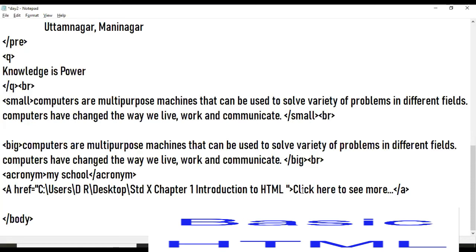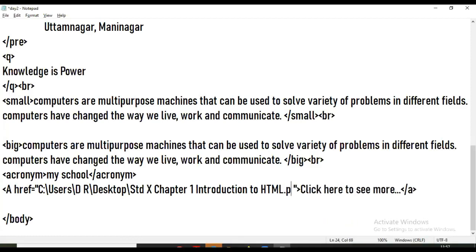Now after pasting this file name, give the extension of that file, that is PDF. This is a PDF file, so I'm writing .pdf myself. So this is the name of that file, dot, extension of that file.